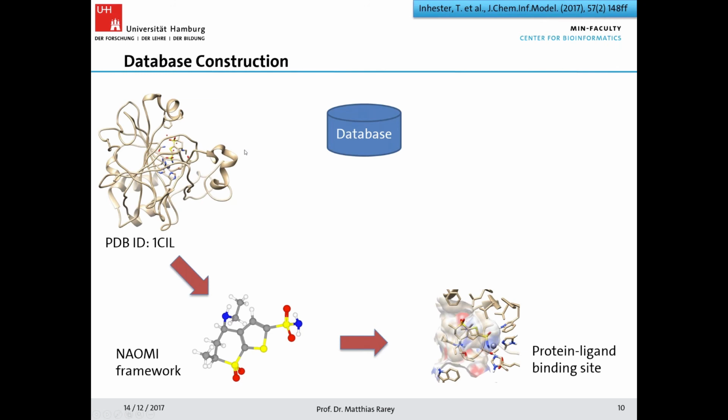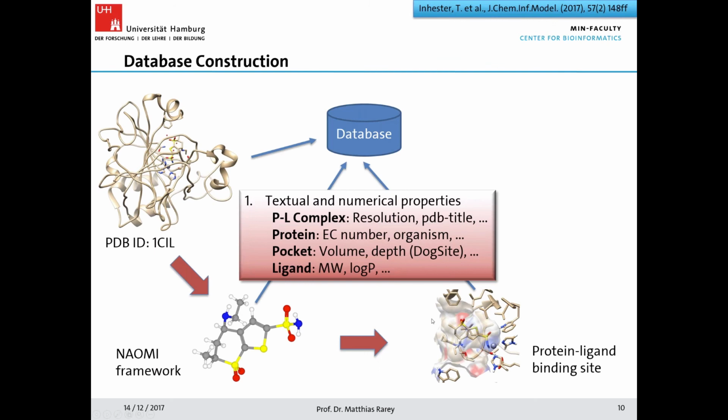uses more or less all of our cheminformatics platform we have in the background. We start with the PDB structures, and we extract ligand molecules. We have the framework to reliably extract the chemical structures, including protonation states, tautomeric forms, etc. We use this technology to define binding sites around these. We extract with text mining all the textual information from the PDB file. We have lots of descriptors we calculate for the pocket and the ligand so that these can also be integrated